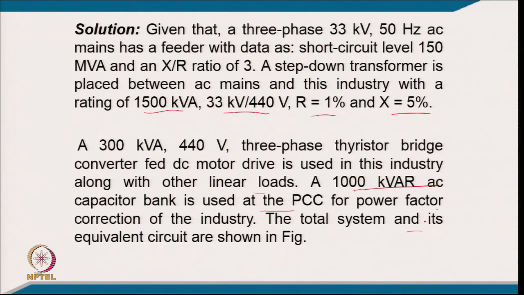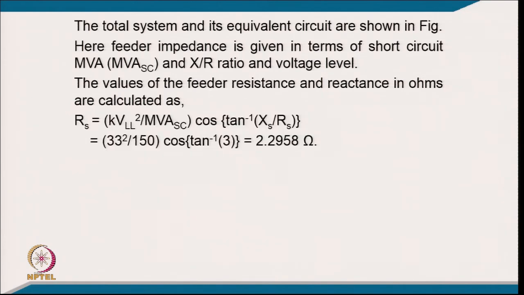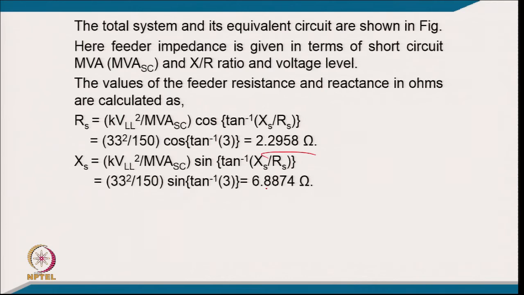The total system and its equivalent circuit are shown in the figure. Here the feeder impedance is given in terms of the short circuit current level and X by R ratio, and the values of the feeder resistance and reactance are calculated. So, the resistance of the feeder from this relation comes 2.2958 and the reactance from this relation comes 6.877 ohm,